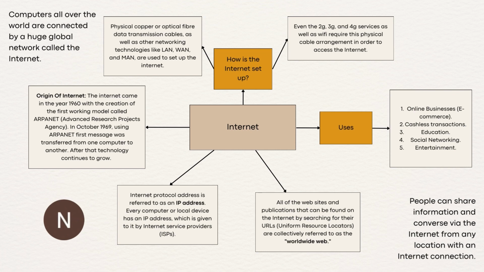How is the Internet set up? Physical copper or optical fiber data transmission cables, as well as other networking technologies like LAN, WAN, and MAN, are used to set up the Internet. Even the 2G, 3G, and 4G services, as well as Wi-Fi, require the physical cable arrangement in order to access